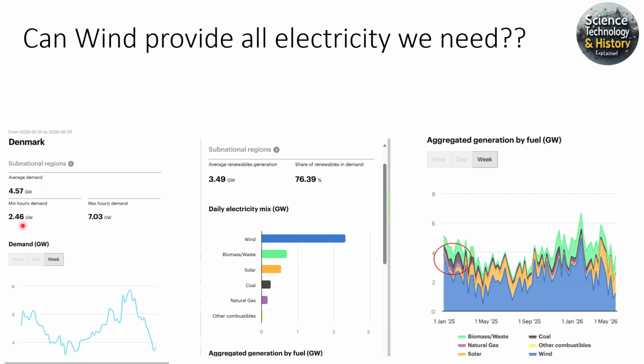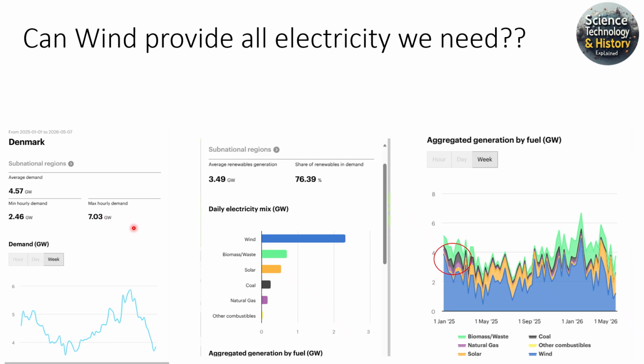But for some periods in the middle of the night, in summer, for example, there is very little demand. And sometimes at peak power, where everybody is making their dinner, it's winter, it's really cold, you're using much higher electricity. And if you need all this power on a day where it's not really windy, you can't just have blackouts. You need something else to provide the power, or you need some storage for the electricity. You need big batteries or power to X, or pumping some water up so that you can create electricity